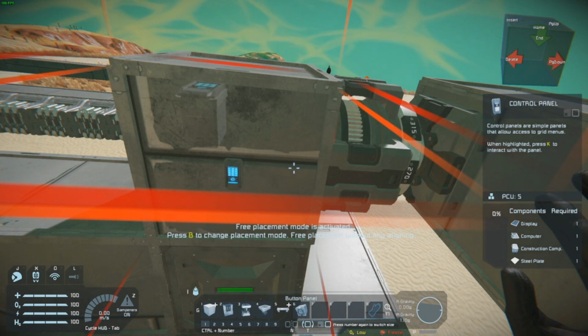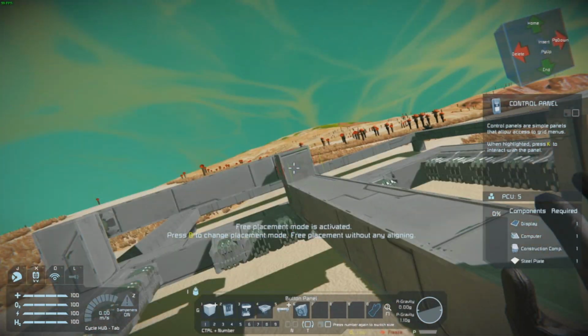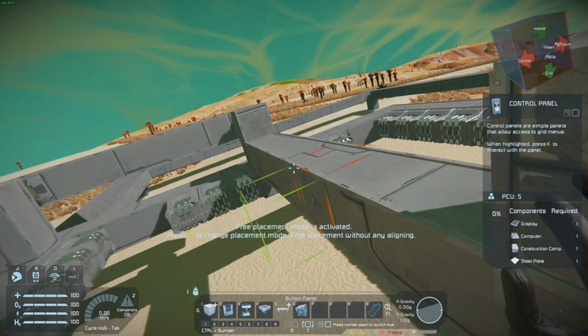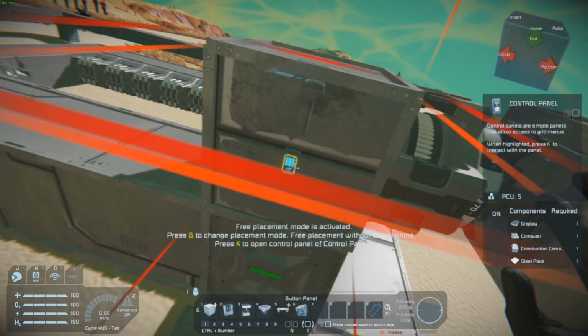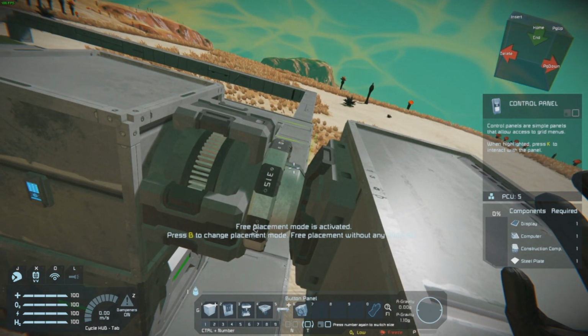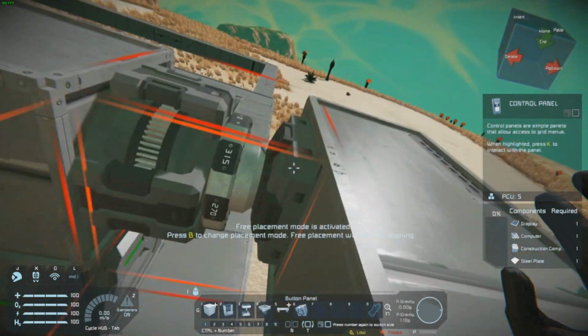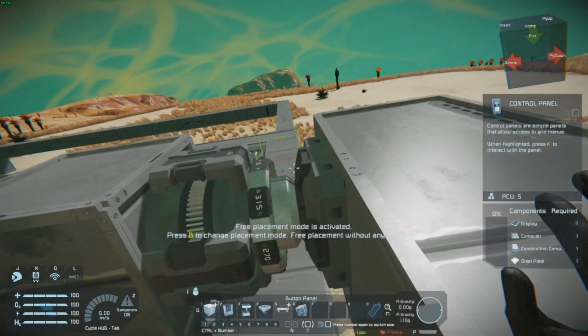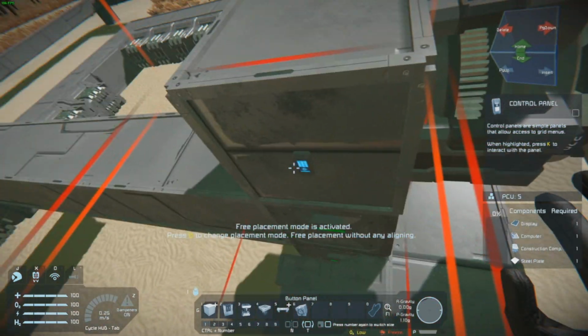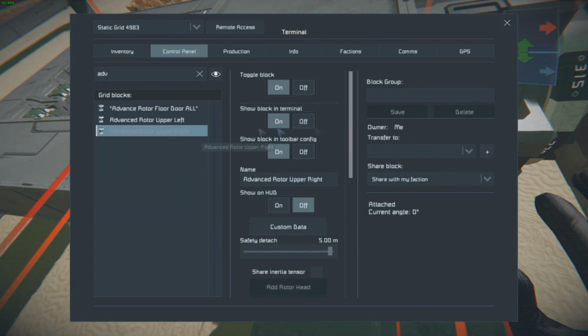So now, when we're doing this, we're going to want to keep this section here level. So we're going to want this line to come around this direction. We want the arms right now to go down. So when we go into the control panel, and we go to the upper right,